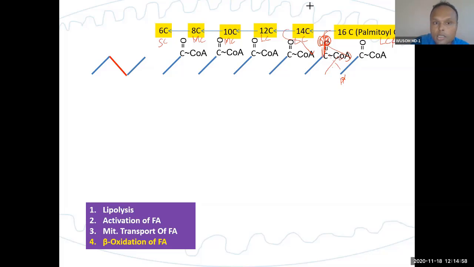All enzymes are a similar type of enzyme that does a similar reaction, but they are different proteins. So this is also short chain. This is how this breaking by oxidation produces long chain to medium chain to short chain. This is a very important concept you have to understand.